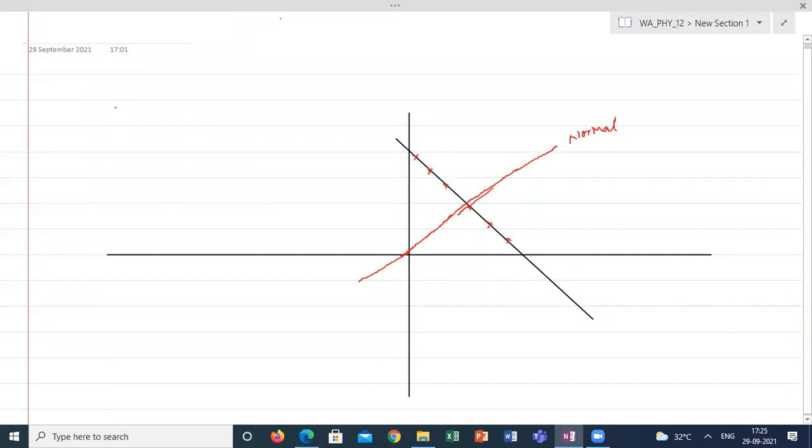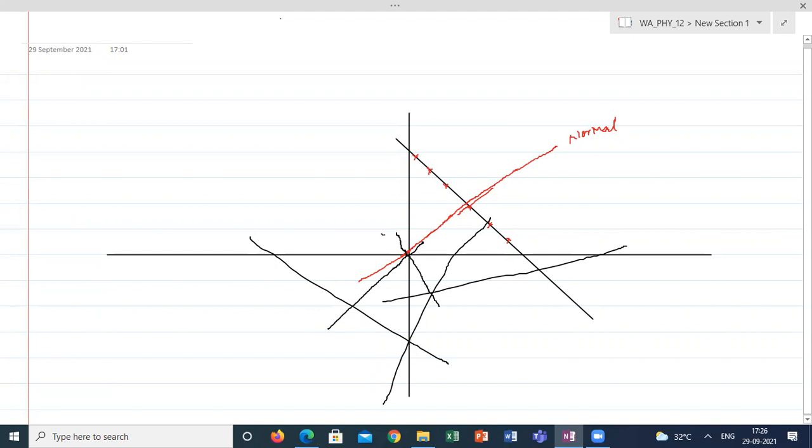Sir, is it possible I can draw any normal without passing through the origin? Is it possible, students? In two-dimensional coordinate geometry, this is a question related to geometry. Can you draw any normal to a line without passing through the origin? Because I gave the normal definition, it should pass through the origin. Suppose you take a line here and draw many lines; compulsorily one line will pass through the origin. If I take a line like this, this is the normal line. Even if I take a very slant line like this, here also I can find a normal like this. Compulsorily at least one line.